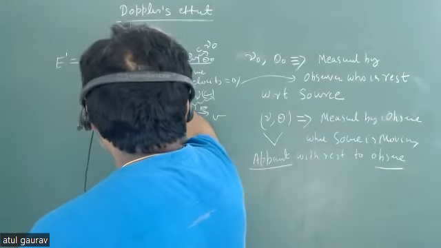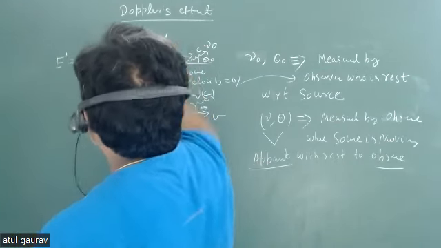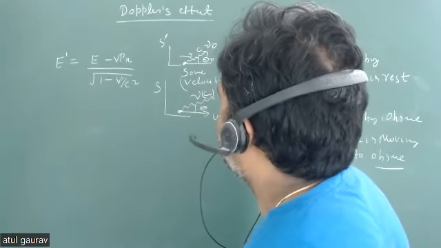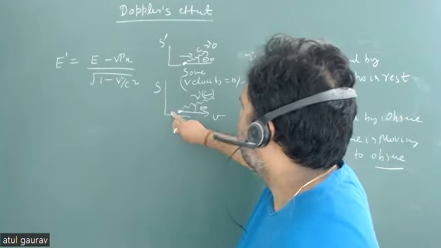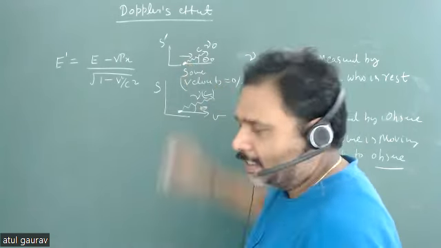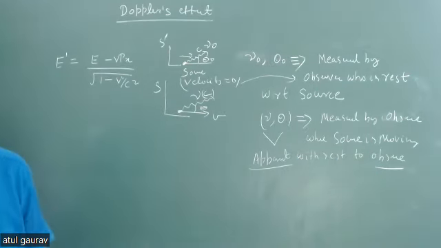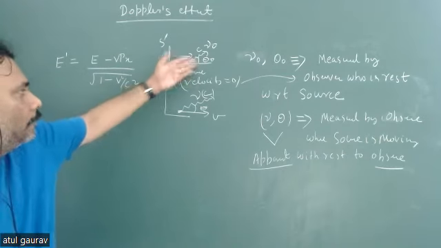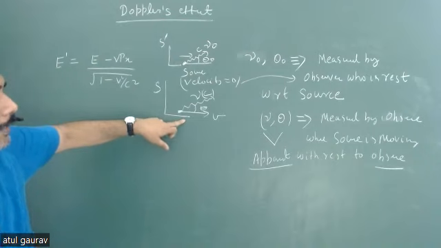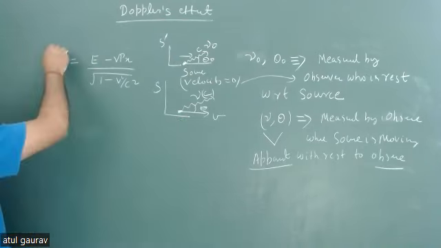Now I can say this is my S frame and this is my S dash frame. कह सकते हो इसे? S के रिस्पेक्ट में ये मूव हो रहा है, तो सोर्स को हम क्या कह सकते हैं? S डैश फ्रेम कह सकते हैं। और ऑब्जर्वर कहां पर है? S फ्रेम पर है।